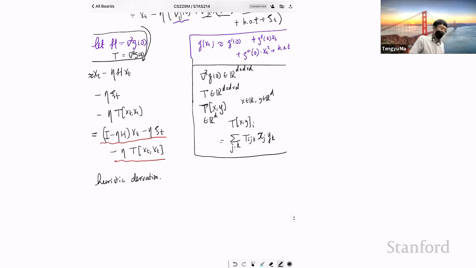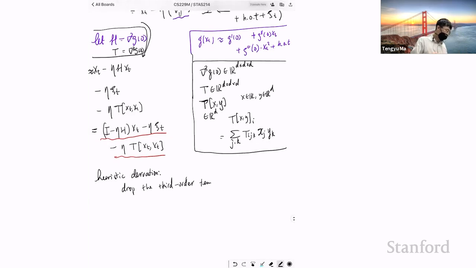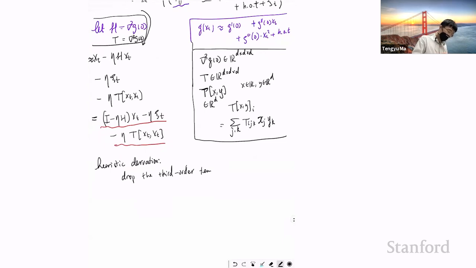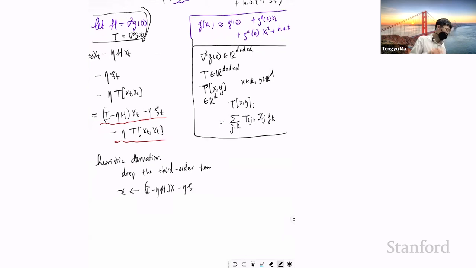a small term. And let's try to do that, right? So just drop the third order term. Suppose we drop it, then you have this process where x is updated by something like this. This is the process. This is something we have analyzed. And we know that when convergence,